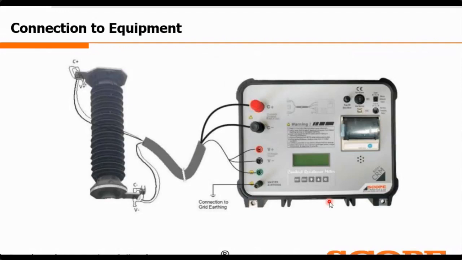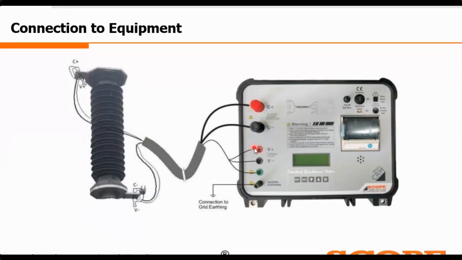Now, I'll just briefly explain how to do the test with the help of our contact resistance measurement unit. So this is very much our CRM unit. This is the Plus series unit, you can see. So this is the C plus and C minus, that is the current injection terminals we are having. Based on the 100B plus or the 200B plus, you will get the test current of 100 or 200.